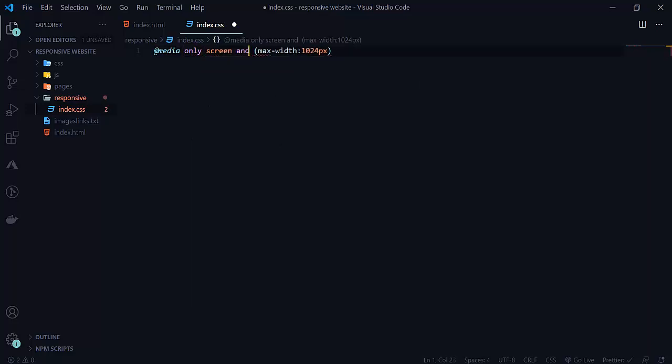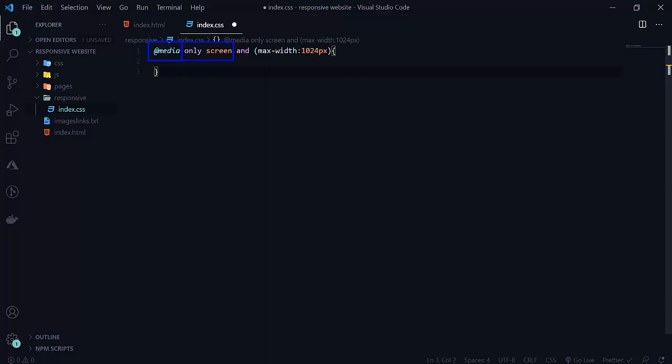Sorry, here it will be @media only screen and this one. What does this mean? Media can be an interface, or videos, or text, like that. Only screen means we are going to change only the contents that are showing on the screen.